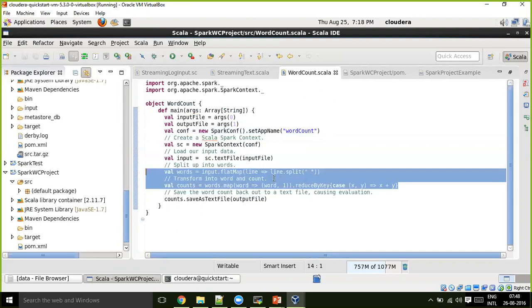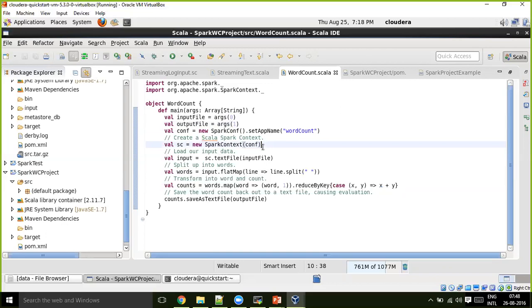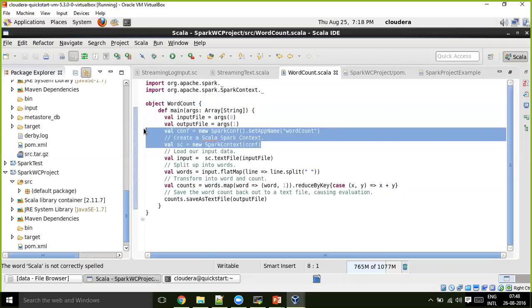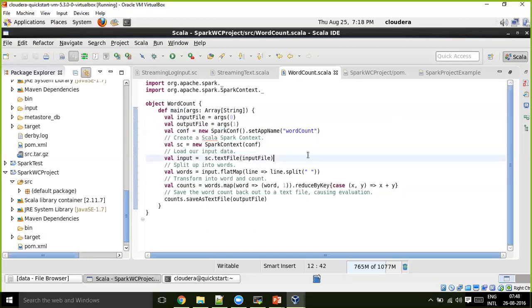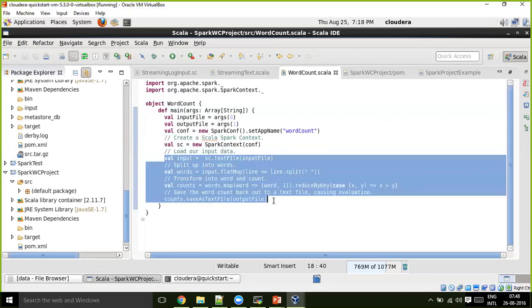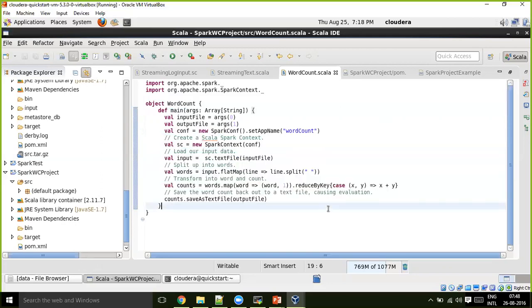For better understanding, I split this into multiple lines; otherwise we could have done everything in 1 line, all these 4 lines. By default in your shell, you will get all these things already done, like SparkConf and SparkContext created, and your Spark shell itself acts as the driver for you. For better understanding, I split that 1 line of code into these 4 lines in this program.